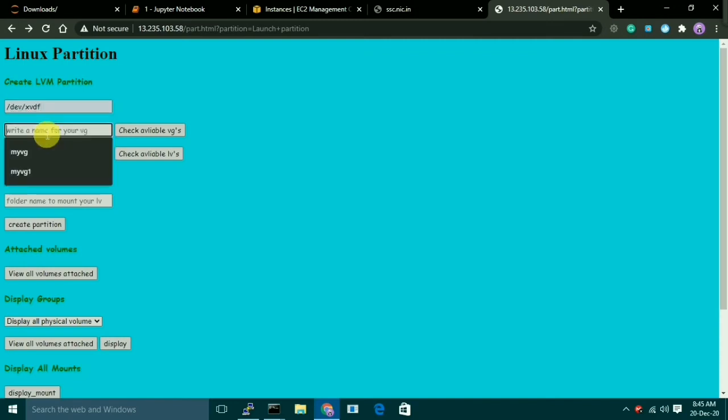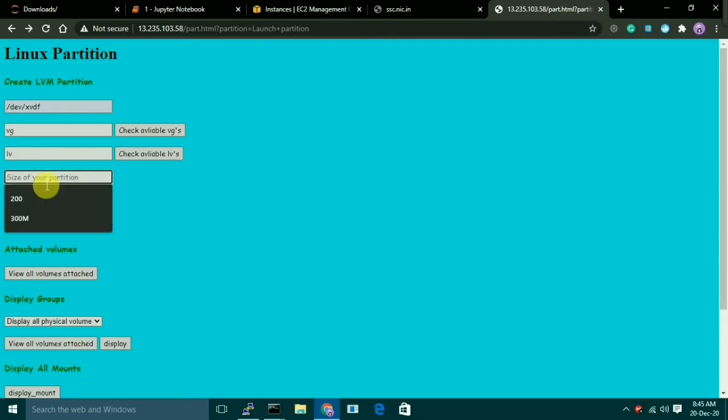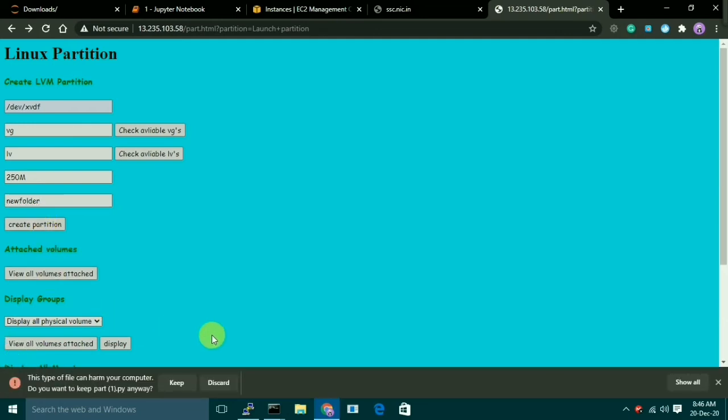What is the name of your VG? Let's just say VG. What is the name of your LV? We'll just say LV. Size of partition, let's say 250 MB. And the folder name to mount, let's say new folder. Let's create this partition, and as you create it,